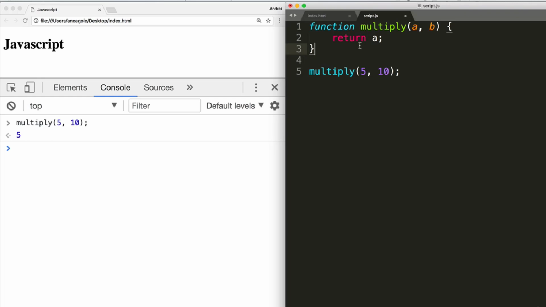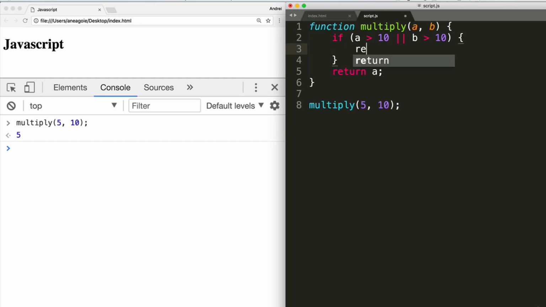Or is that right? Let's see a case where that might not be correct. Let's add an if statement to this. Let's say that we want to do multiply, but we're also kind of lazy and we don't want to be too hard with the computer. So let's say we want to say that if, we remember the if statement, if a is greater than 10, or if b is greater than 10, we can say return